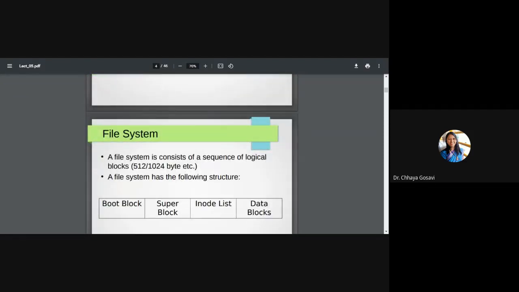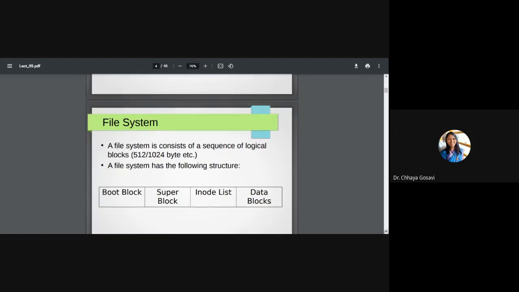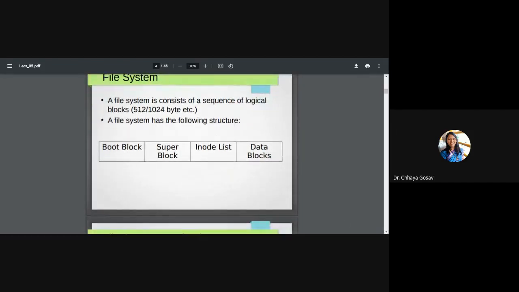A file system consists of a sequence of logical blocks. These blocks are in powers of 2, like 512 or 1024 bytes, etc., as the size of each block, and it is a sequence of logical blocks. The file system has the following structure. The first block is called the boot block, then the super block, and the inode list.